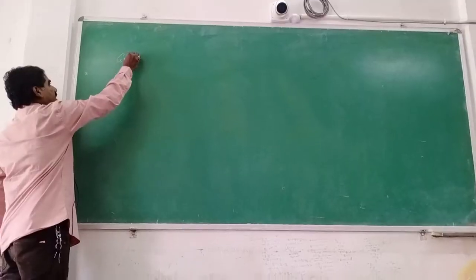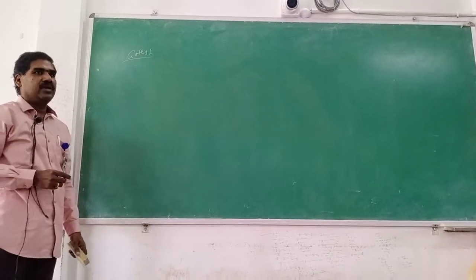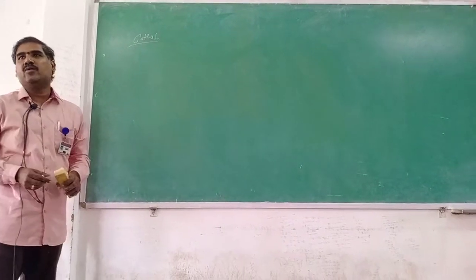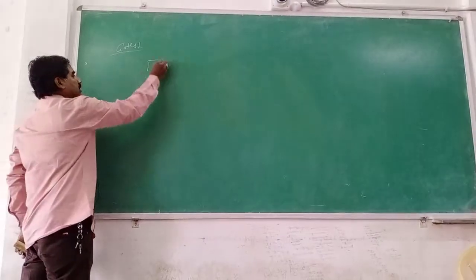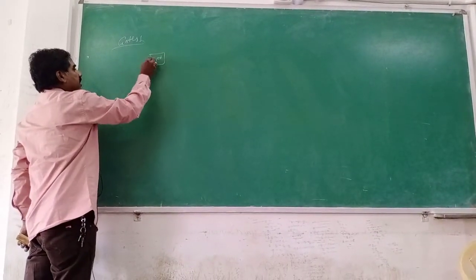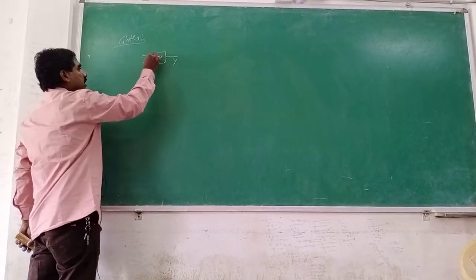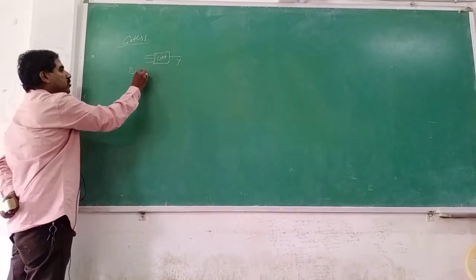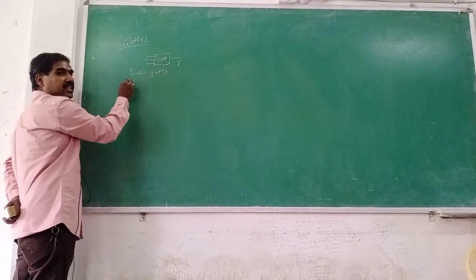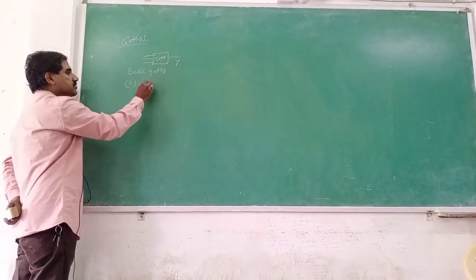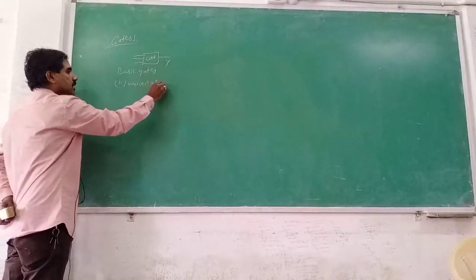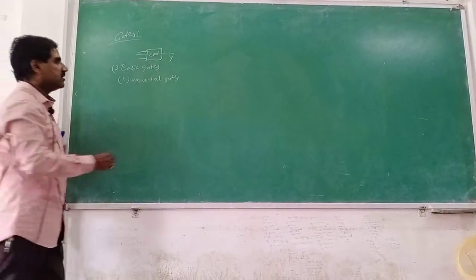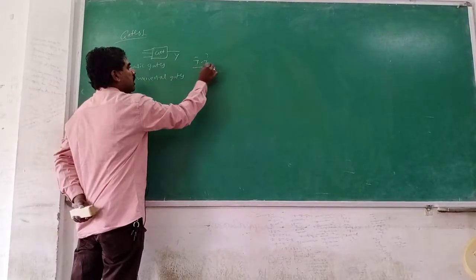Gates: a gate is a logic circuit having a number of inputs but containing only a single output state. The circuit is designed like this, with a number of inputs but only a single output. Gates are fabricated in two types: basic gates and universal gates. These basic gates or universal gates depend on two factors: first one is the truth table, another one is the timing diagram.